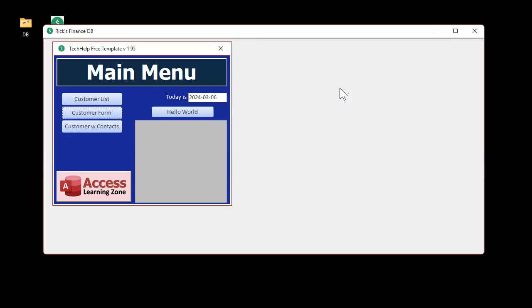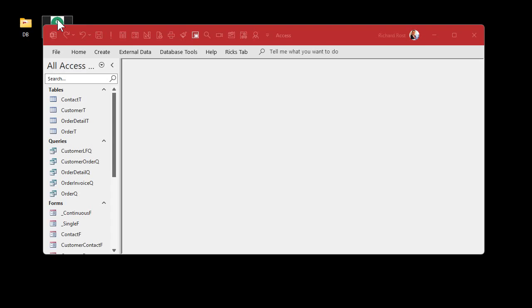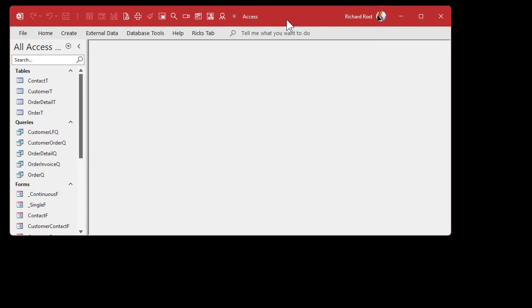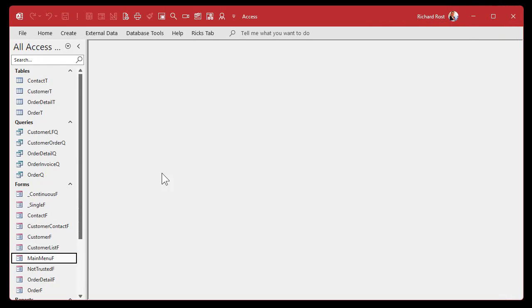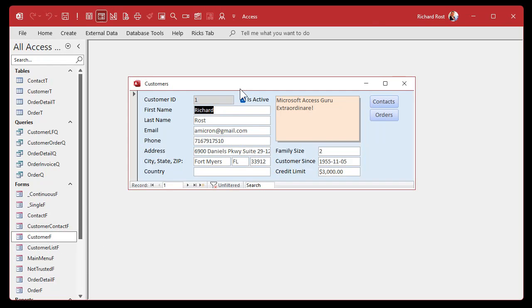Now, this is a pain because anytime you want to go back in and make changes in the database, you've got to close it and do the shift double-click trick that I showed you earlier, because now you can get back in. What I usually do is all that lockdown stuff after I make the ACCDE file. I put it in code in a button, but that's up to you. And that's, again, stuff I cover in the security seminar. But let's just say real quickly, maybe in your customer form,